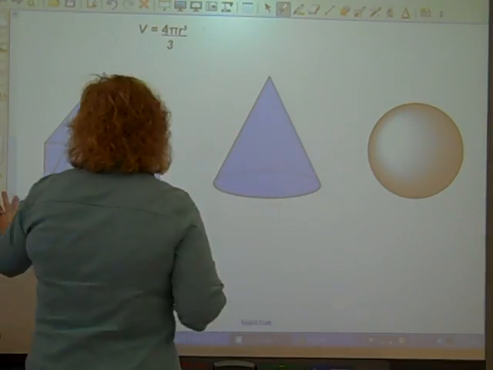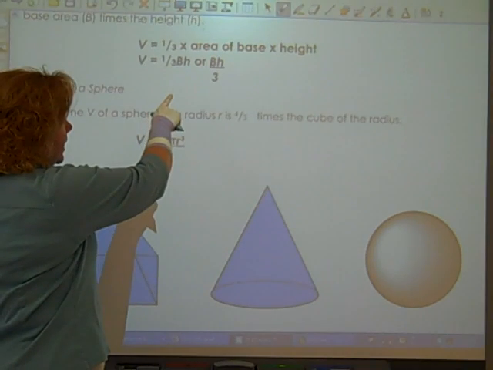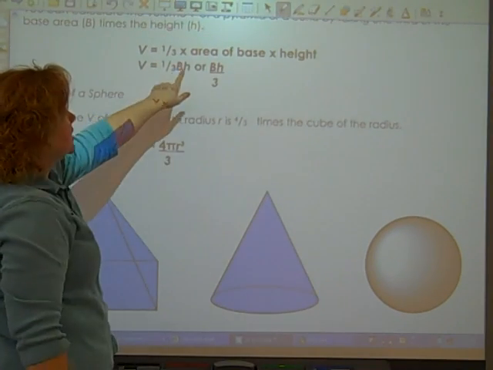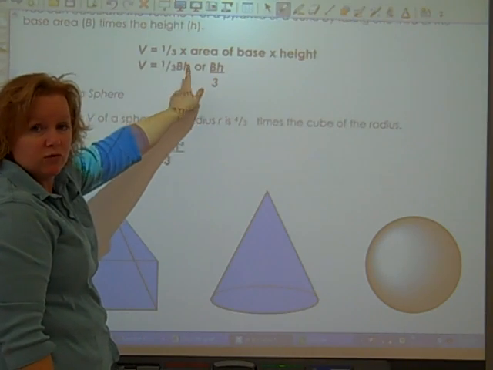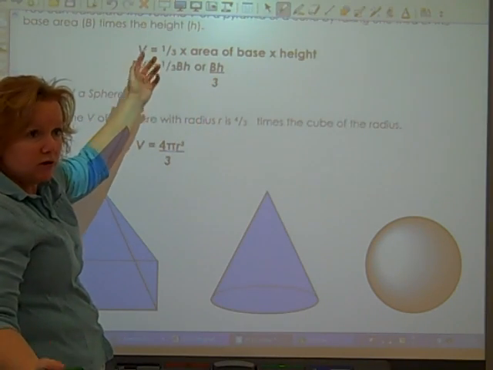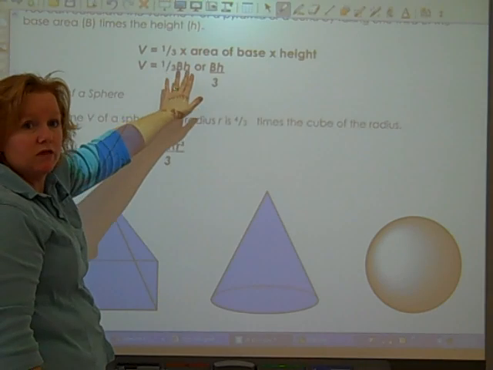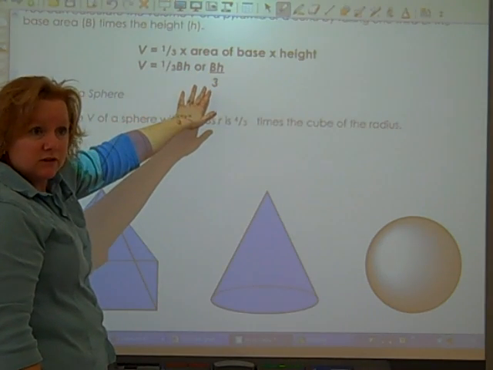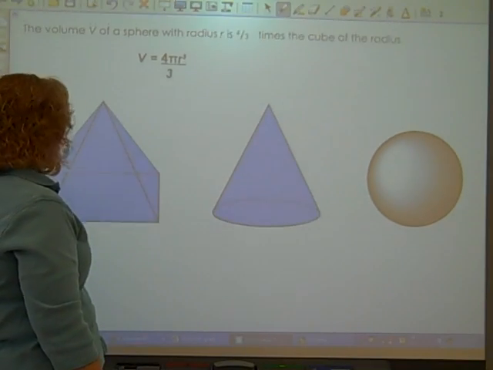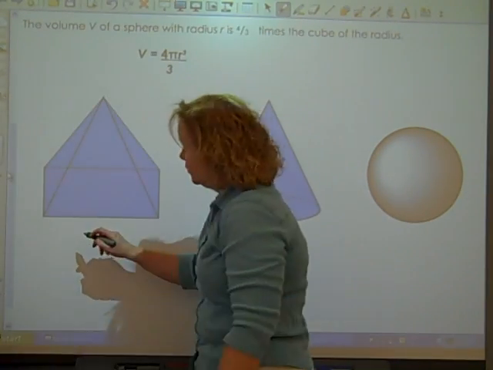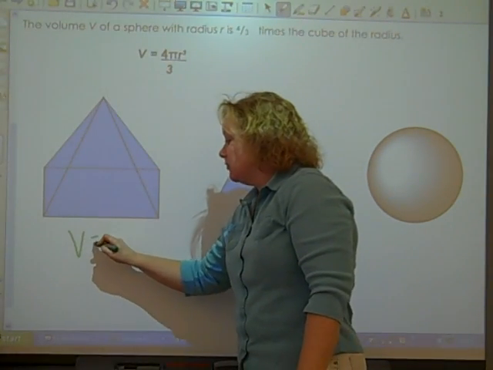Remember, the formula is the base times height, divided by 3. You're going to see it two different ways. I just prefer this way. I think it's easier to divide by 3 than multiply by 1/3. But isn't multiplying by 1/3 and dividing by 3 the same thing? All right, so on this one, you're going to write your formula down. Volume equals